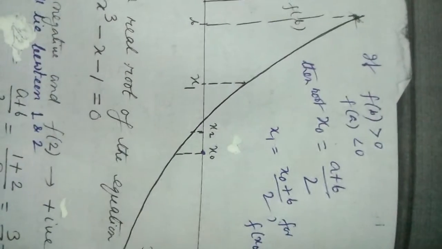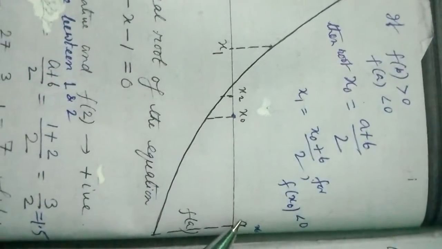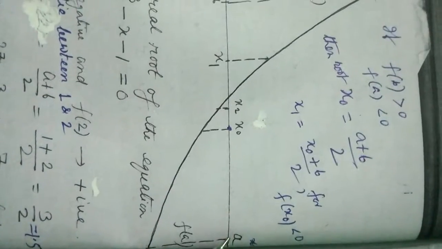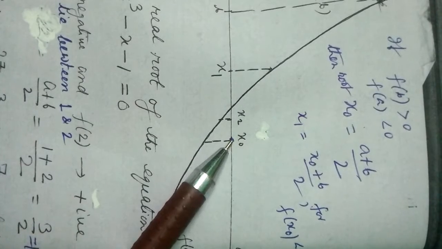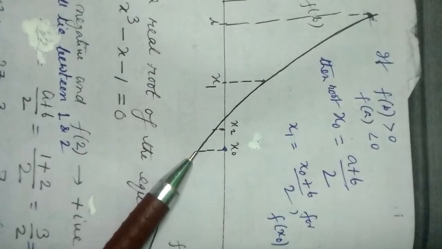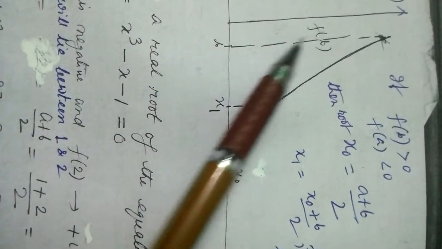So the bisection method, or the theorem says that (a plus b) by 2, which is x naught, is the midpoint between a and b. So this a and b length is bisected at this point. Now if you can see from here that function of x naught is negative here, and this is negative. So we cannot bisect this one because both are negative. The theorem says this is negative and this is positive.